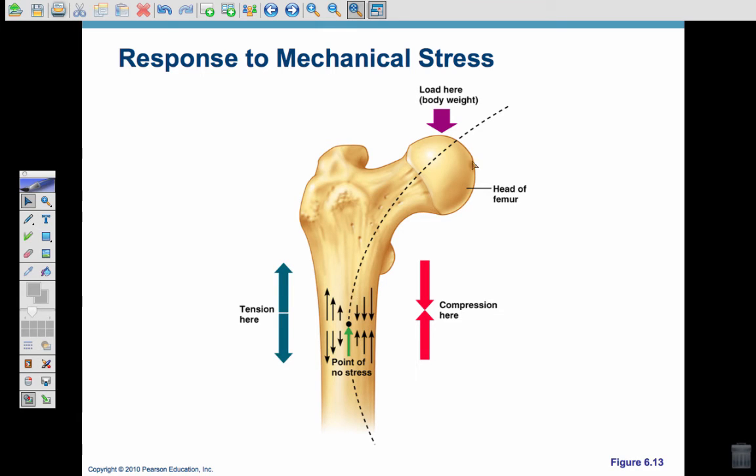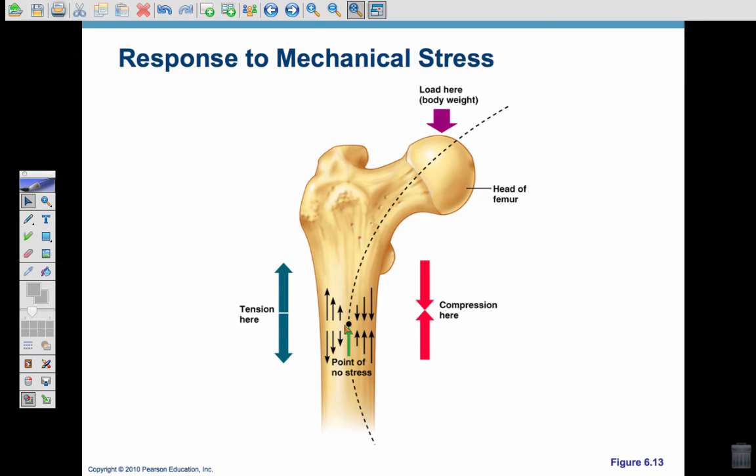One of the things that we find that's very interesting about bone in the way that it responds to stress is simply the way that they are structured. For example, looking at the femur, here's the head of the femur that would attach within the pelvis. It's angled in such a way that the forces of compression that would occur as a result of the weight of the body bearing down on the head of the femur would be balanced almost precisely by the tension of pulling apart the outer part of the